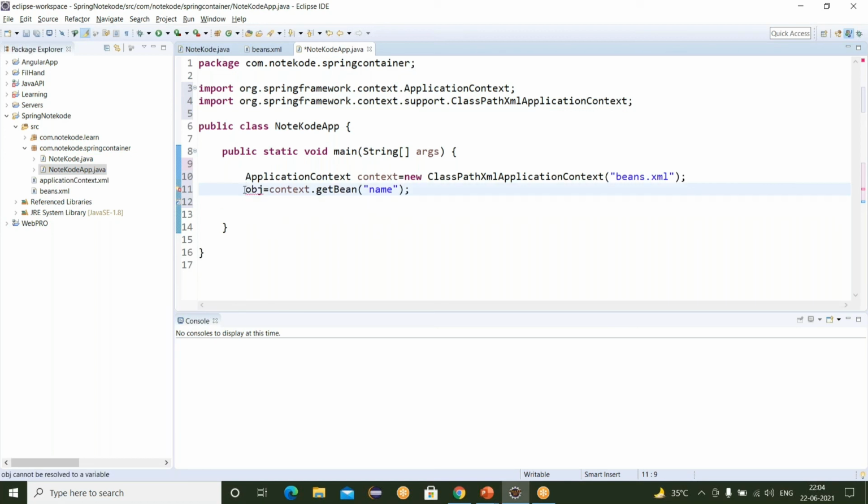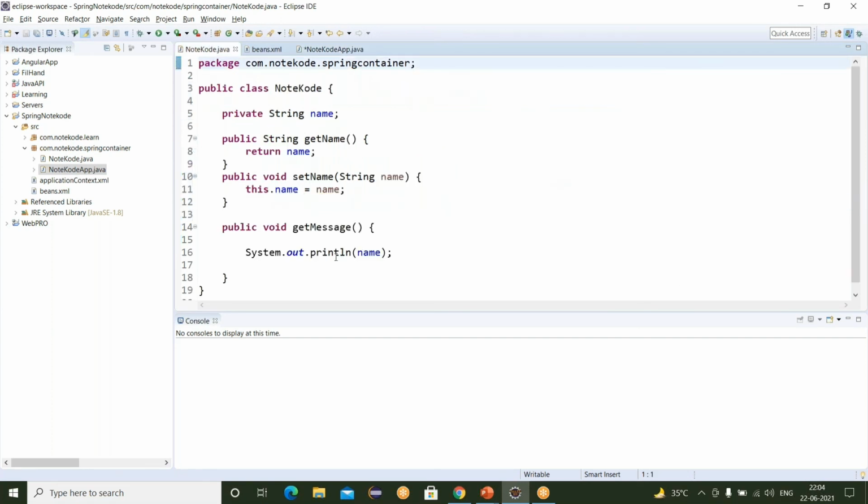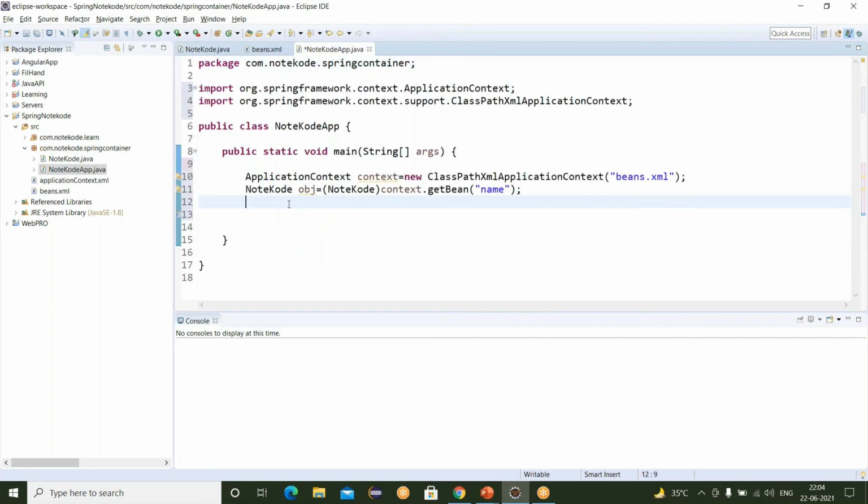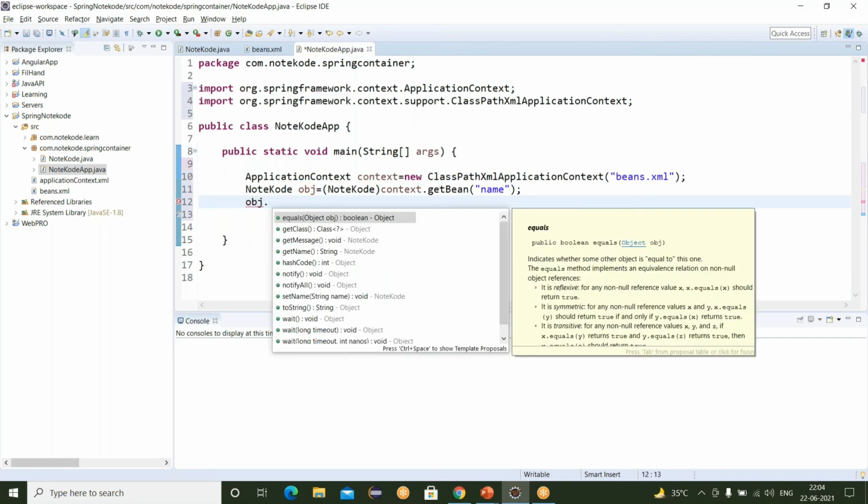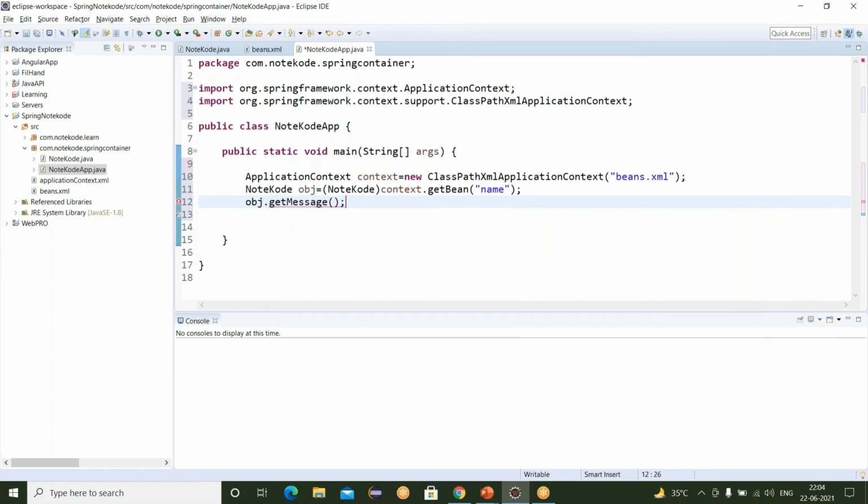So for downcasting, the class name is NodeCode, and here also. Now I am calling the method that I declared in our POJO class, getMessage. So just write here object dot getMessage.